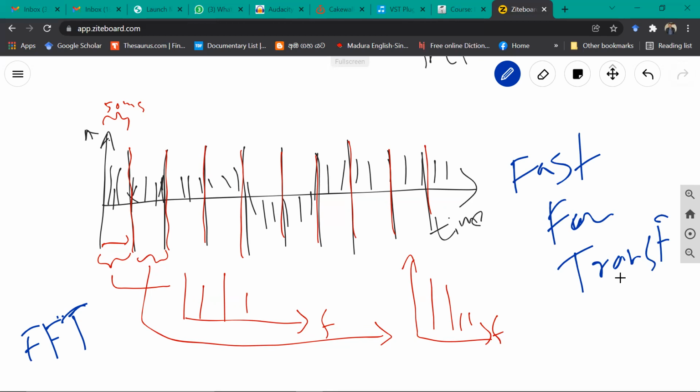FFT is one method. So for example, if you use Python, they have libraries to do FFT, so we can